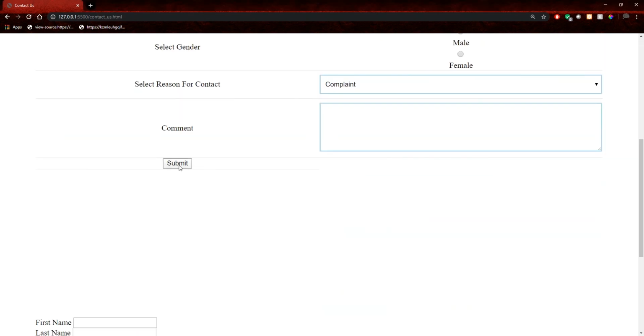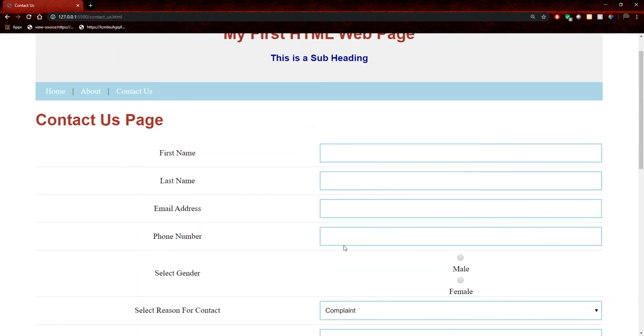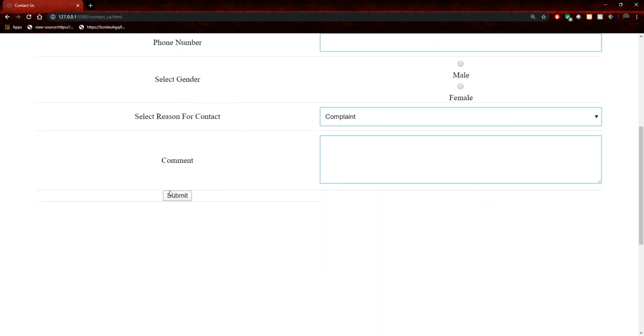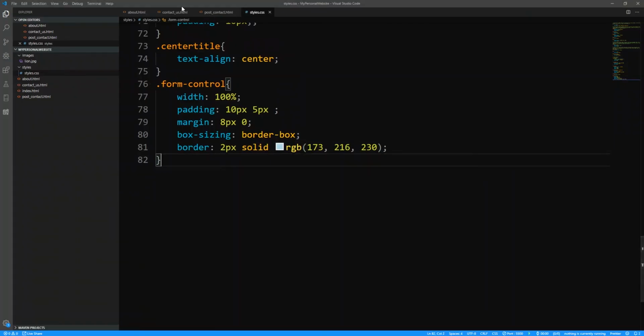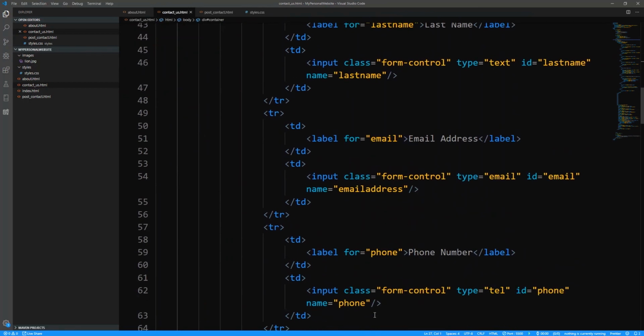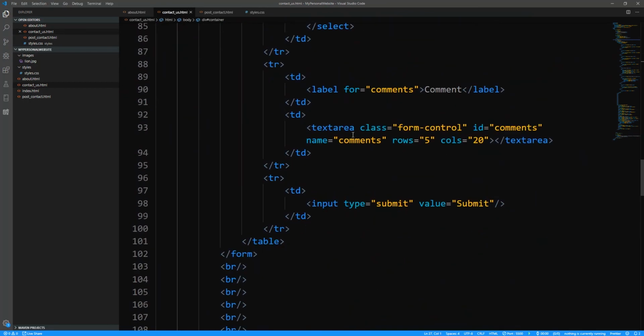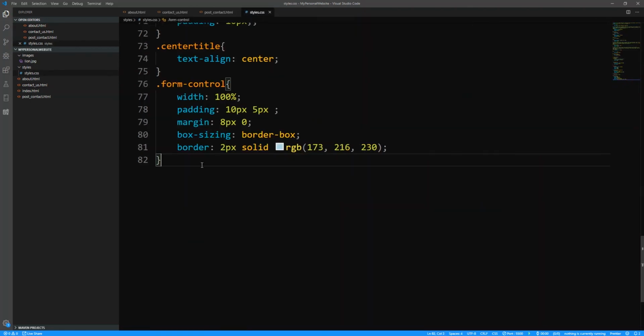Now let's pay some attention to our submit button, because everybody is getting a nice style, and he's just still as regular as he looked before. So what I'm going to do is go back to my CSS, and I don't believe that we applied form control to the button. Did we give it the class? No, we did not. So I'm going to tell it that it is also a form control, or better yet, I can create a specific style for this button. If I give it form control, then it's going to inherit things that I probably don't want it to have, right? So instead of giving it form control, I'm going to define a class, and I'm going to say